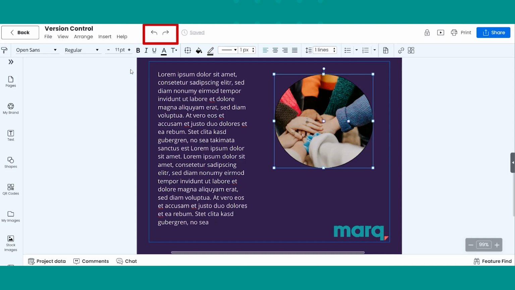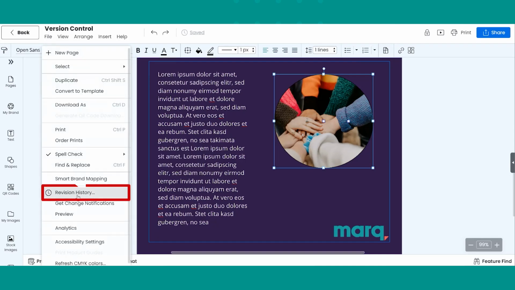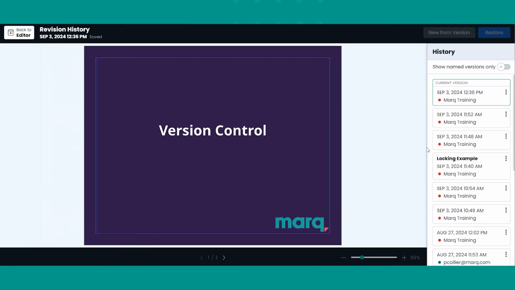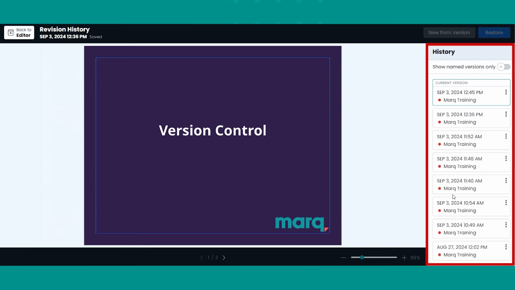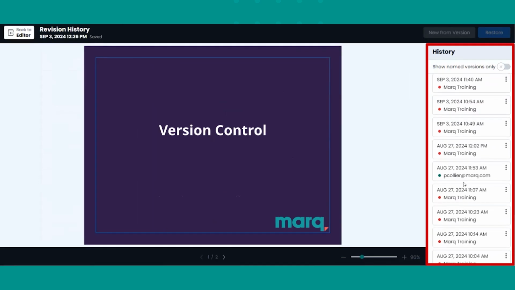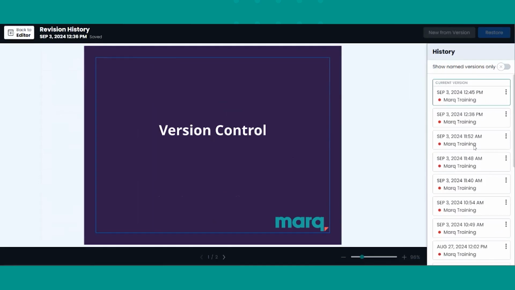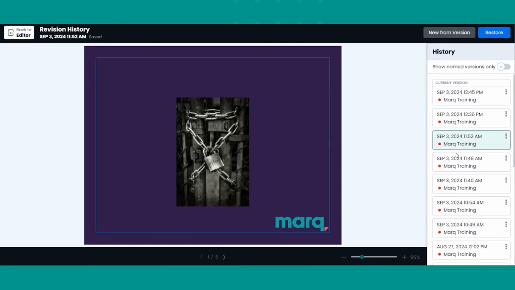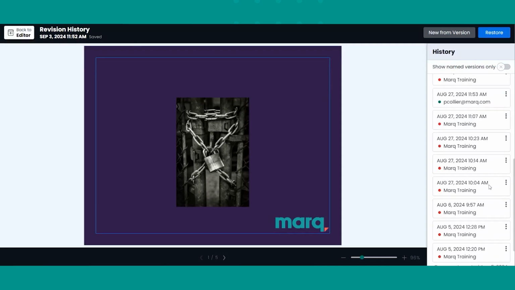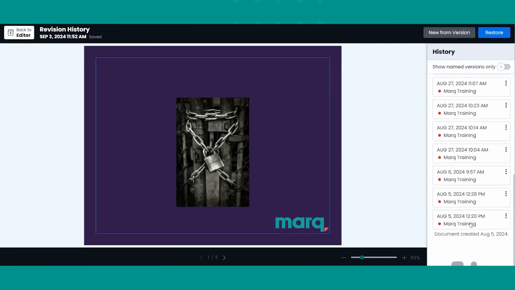Now, these buttons will only remember what you did for the current instance of the platform that you're in. Meaning if I make a change today, log out and come back tomorrow, these buttons won't remember what I did that previous day. In that case, I go over to File and drop down to Revision History. When I click on it, it'll bring up a list of any and all changes I've ever made to my project, sorted by date and time. I can select any one of those and restore it back to that version, or save an entirely new copy based on it. I can even go back to the original date that I created and restore it back to